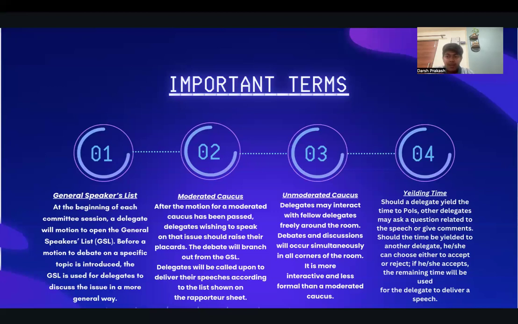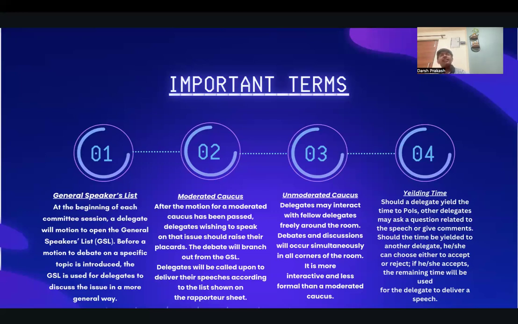Okay. But I'll recommend you all not to do this because you need to be a little clever in MUNs, right? In MUNs, you need to make sure that leaving friendship behind, you first need to look at your country's situation. That, okay, this is the diplomatic policy that my country is stating. For example, if you're representing India and your friend is representing Pakistan, obviously you will not support your friend because Pakistan has a completely different foreign policy and India has a completely different foreign policy, right? So you have to be very clever that in MUNs, first you need to make sure that you are in a strong position and then you help out the other delegates.